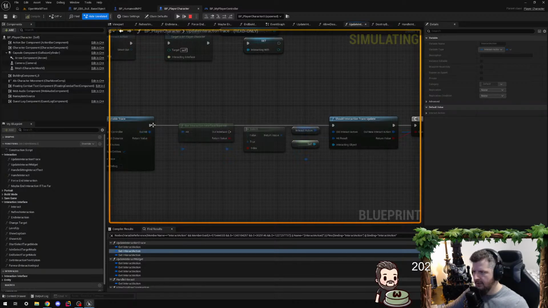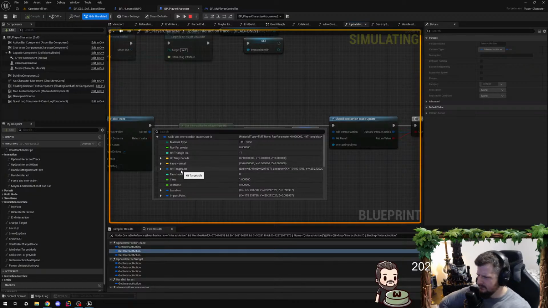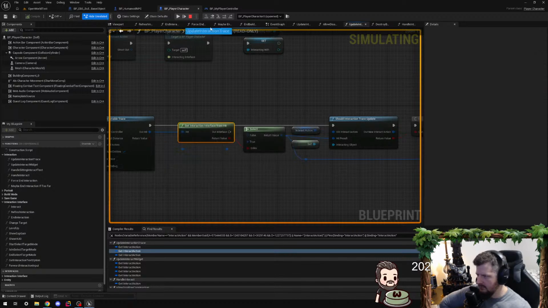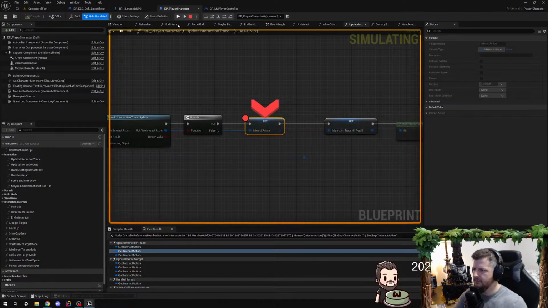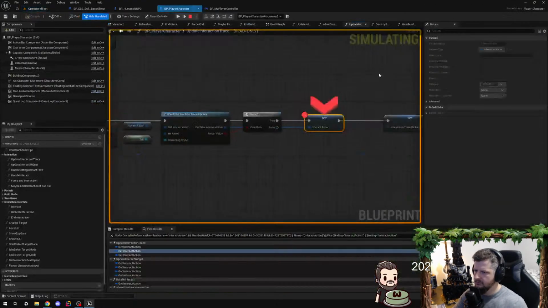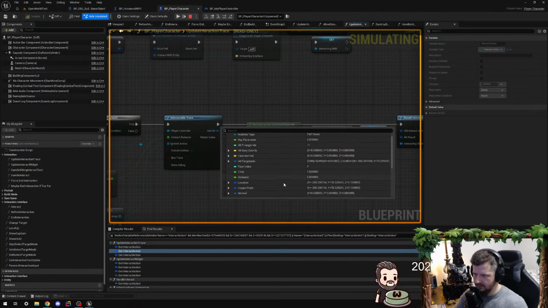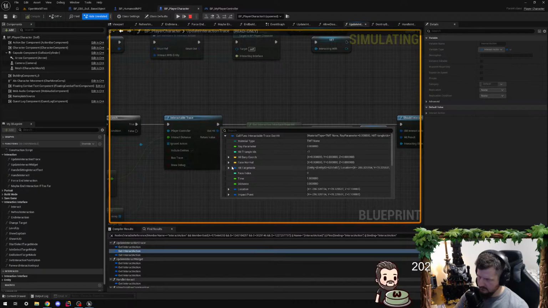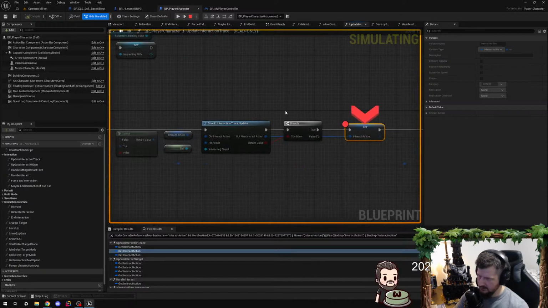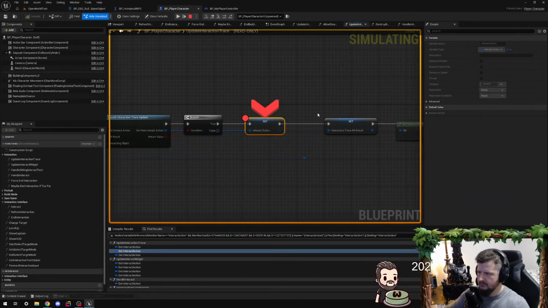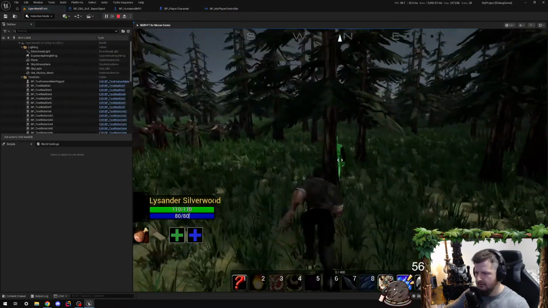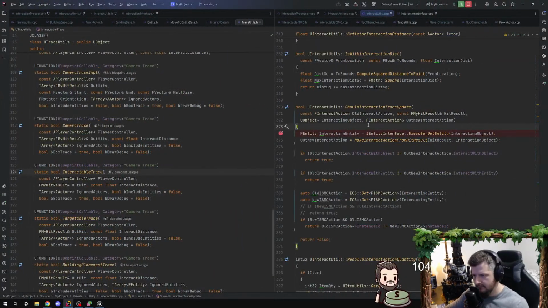Oh my god, blueprints, chill out. Yeah, I do have the actual entity. And get interaction interface from hit. What was the component then? What component do we hit there? The skeletal mesh, probably? Well, so I can't see. I have to look at it in Blueprint. In C++. Wait,